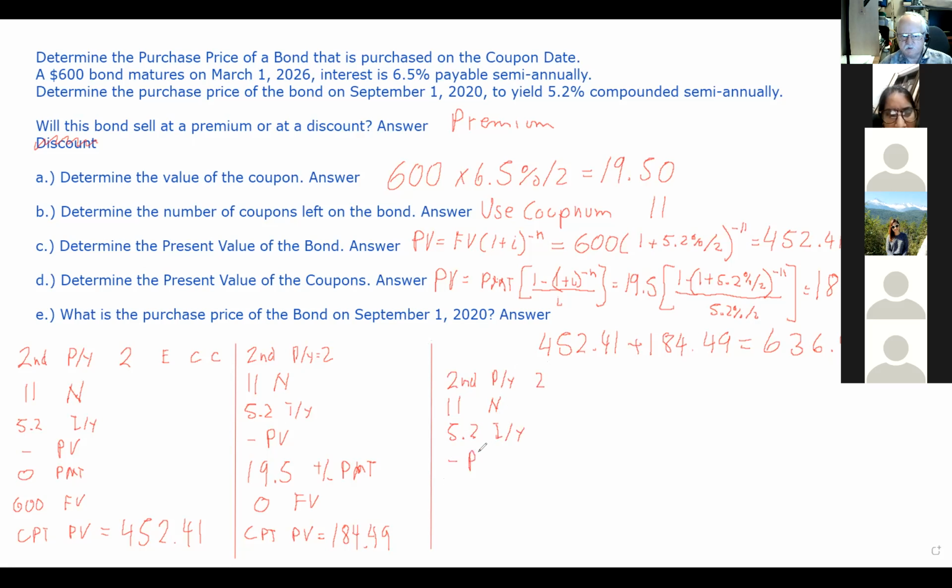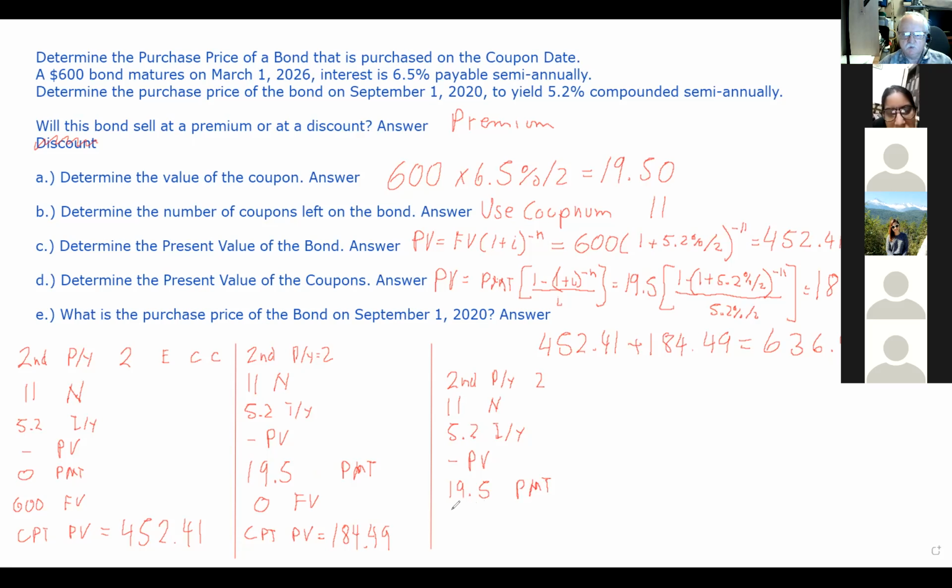We don't know the present value, but we know the payment is 19.5. I don't think we need the plus or minus here. I don't think we needed it over here either, because they're getting the payment. They're not paying it, they're getting it. So 19.5 into payment,